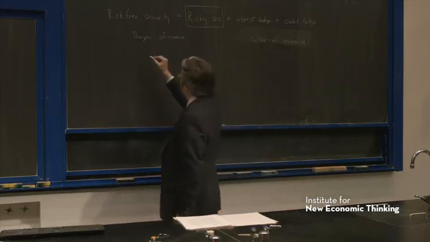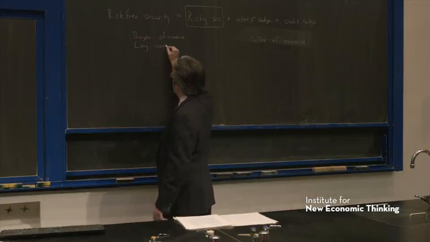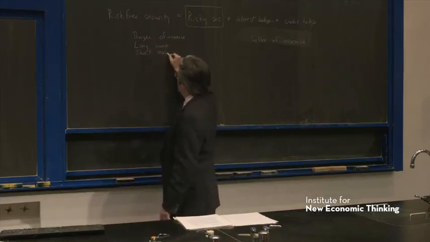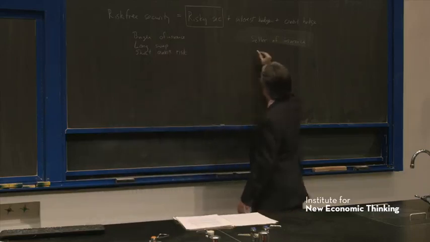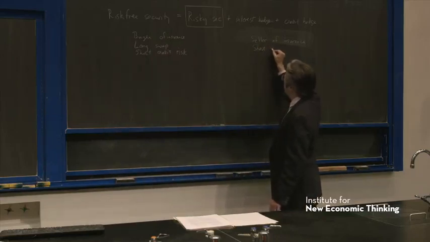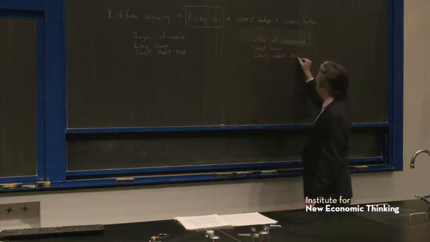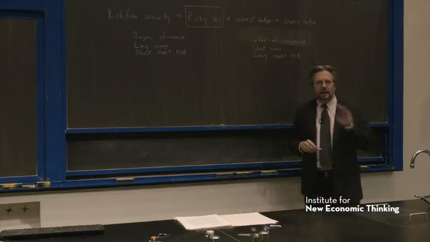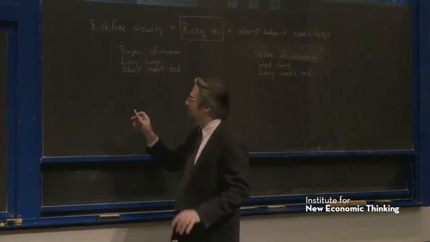We think of the buyer as being long a swap and short credit risk. All of these are equivalent, we're going to see. This is what confuses people, is long, short, whatever, but we'll see the balance sheet structure and we'll understand